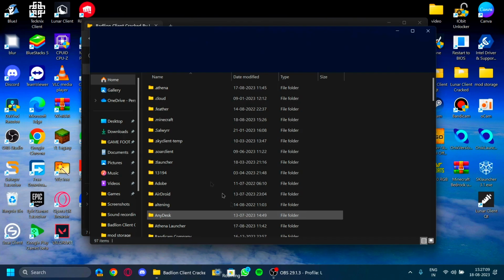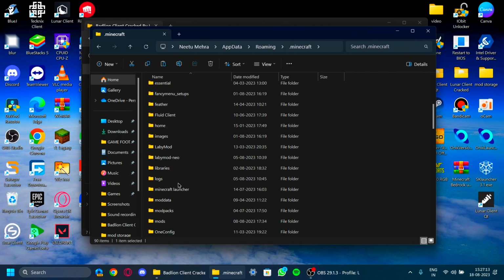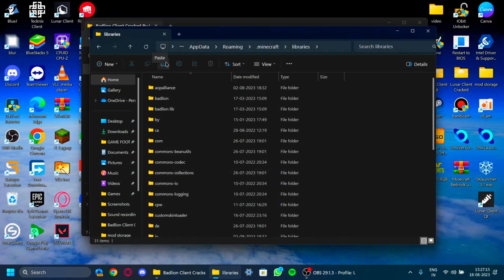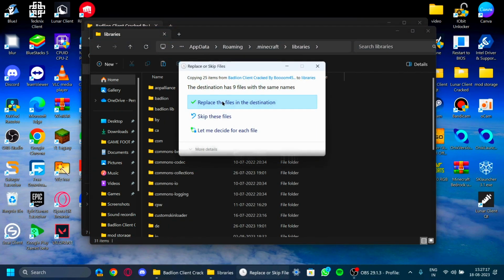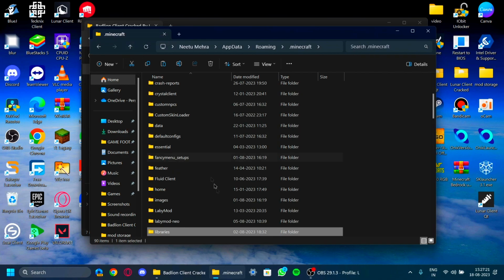and Windows plus R, open the app data folder, .minecraft, then go to libraries and paste it there, replace it. Yeah, now just go back